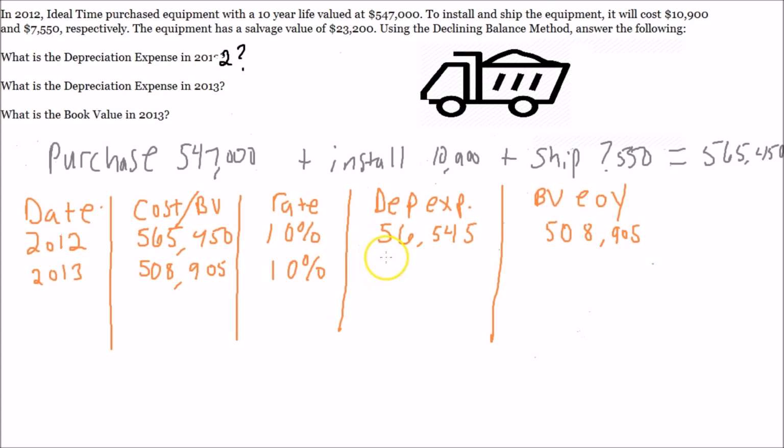And that's our new depreciation expense for 2013, 50,891 rounded up. Book value at the end of the year, or 2013, take your book value here and subtract your depreciation expense. Easy. So 508,905 minus 50,891. And we get